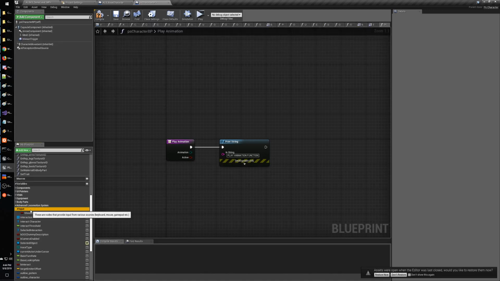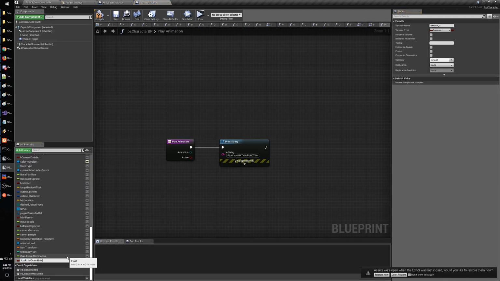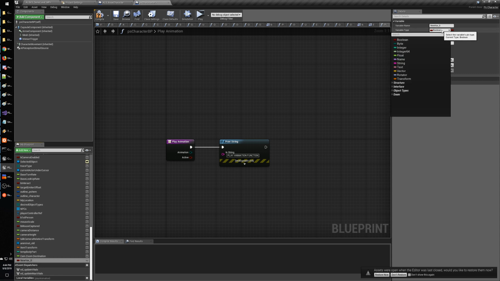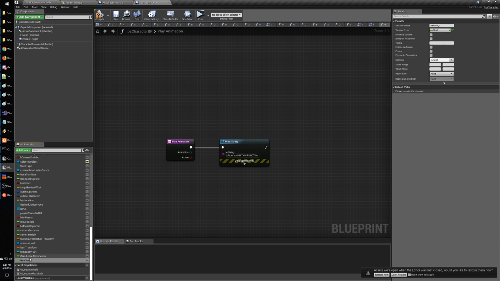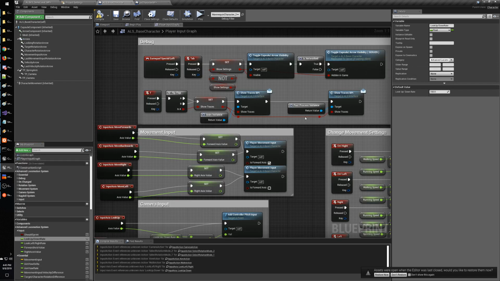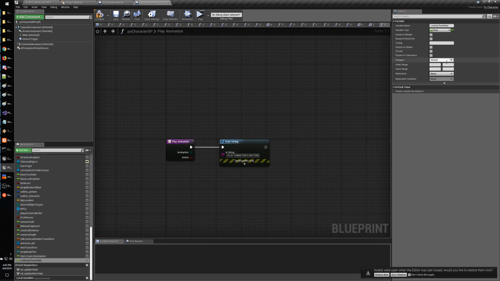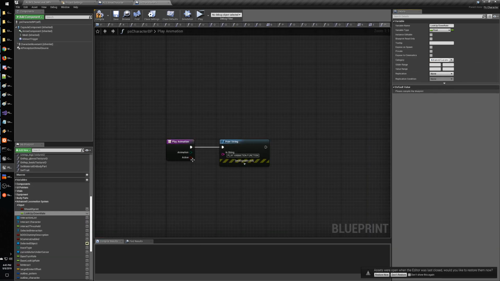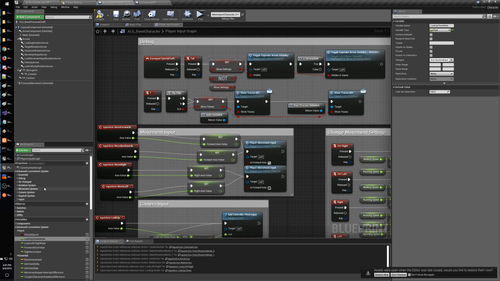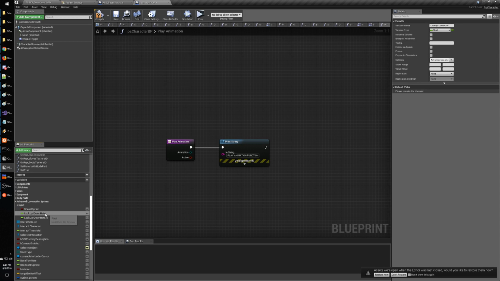I think I can create. Let me think. What is the easiest one? If I change this as a float. Why can't I name it? Okay, I don't know. I had to press F2. And I copy this. Yeah, it will take me a bit. I'm just trying to see if there is a better way, but I think at this point I can just duplicate. So if I go here and I duplicate, I think it will create it just here, and so it's faster. So we need 4 variables,